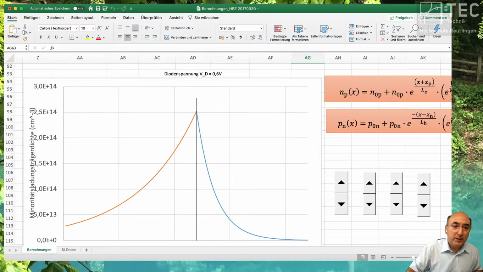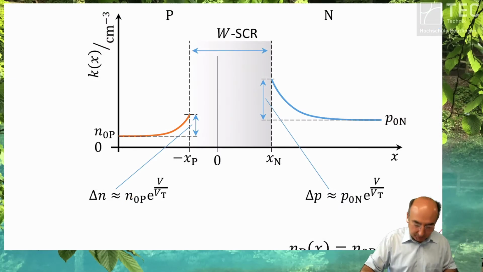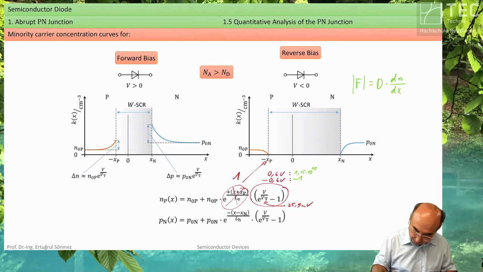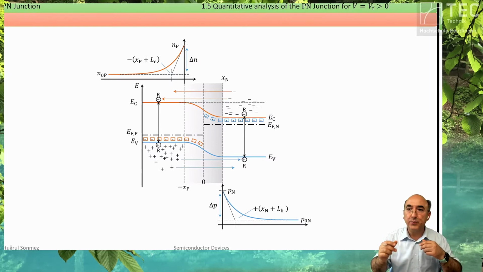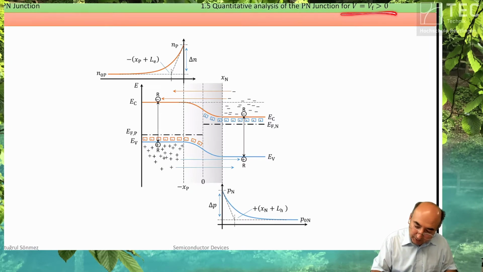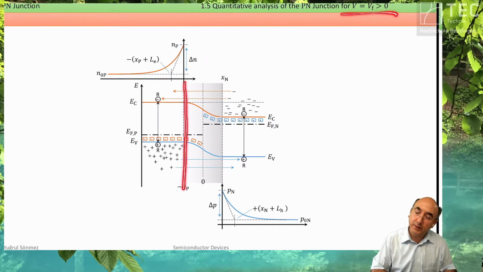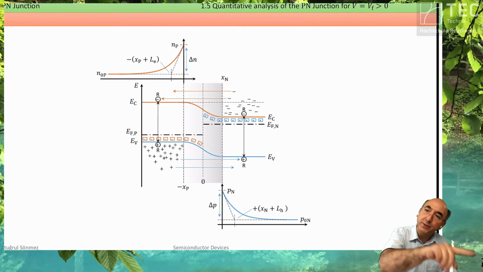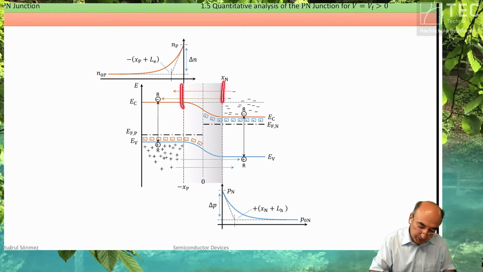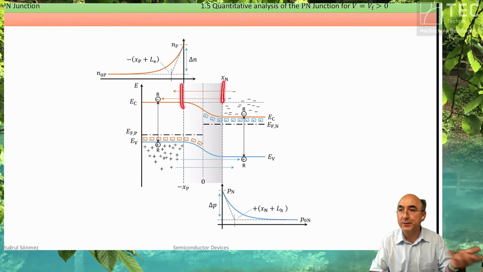Okay, so let's go back to the slides. We have learned that. Now, I have put together, just for your convenience, what it looks like for forward bias at the space charge boundary with the minority carriers, but be aware this is not in scale with this diffusion length. The diffusion length is in the micrometer scale. The space charge region scale is in the 100 nanometer scale. Okay,